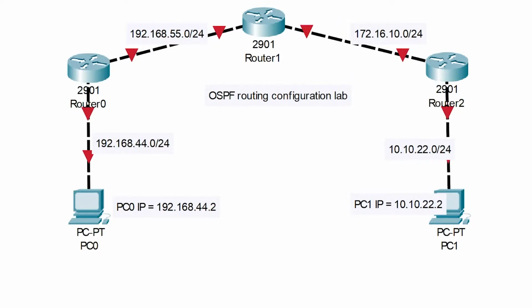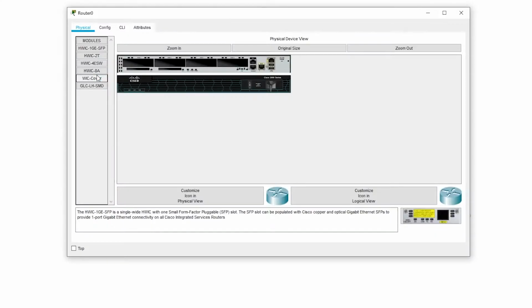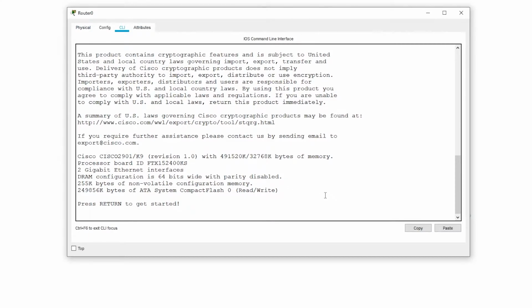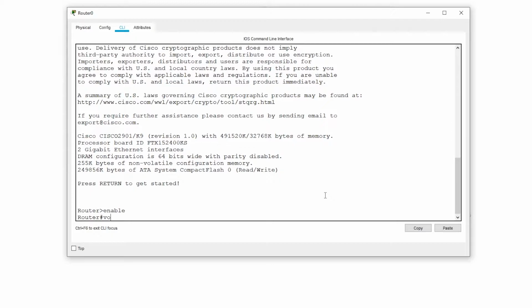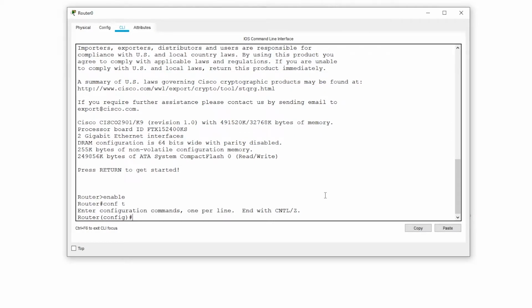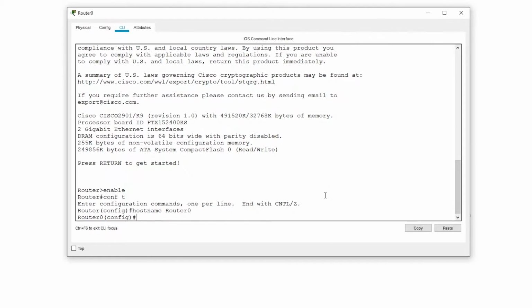Now we're going to configure the IP addresses of the routers. So we have router 0 first. Open up the CLI, hit enter, enable, configure terminal. Okay, first set the host name. Host name is router 0.